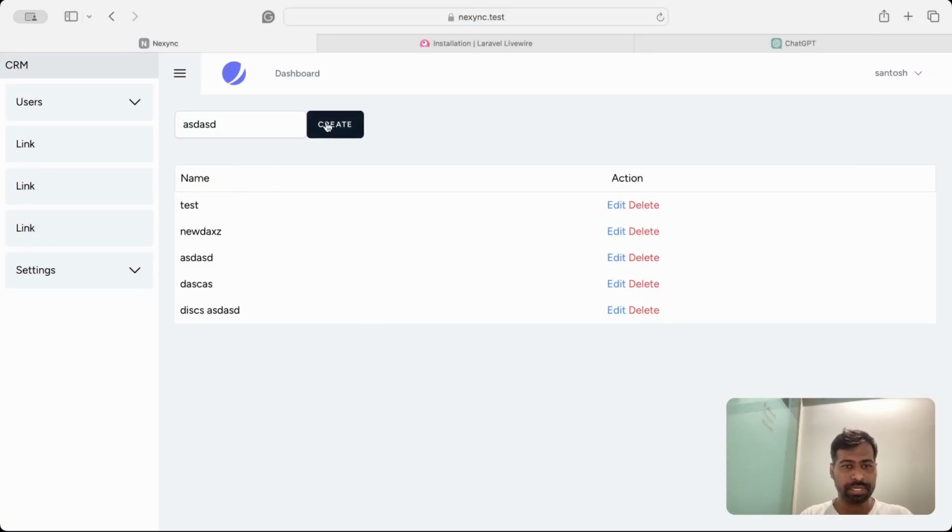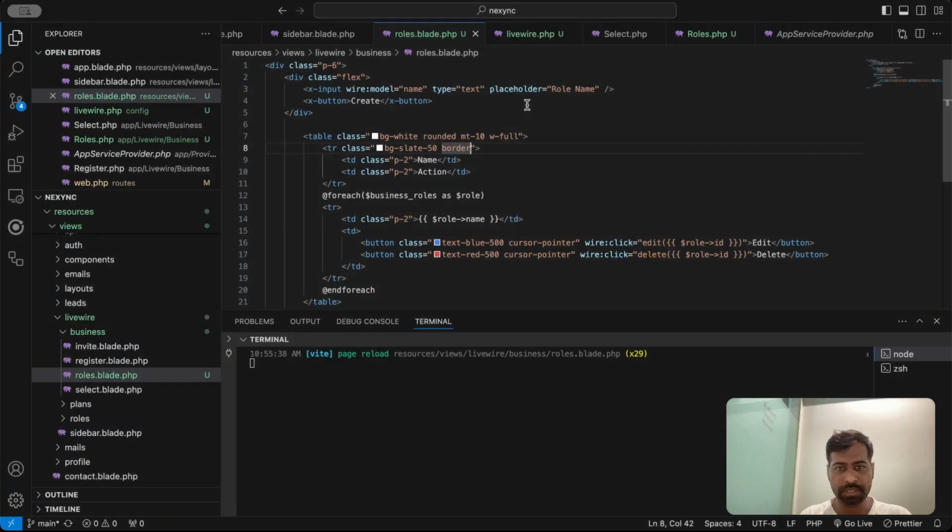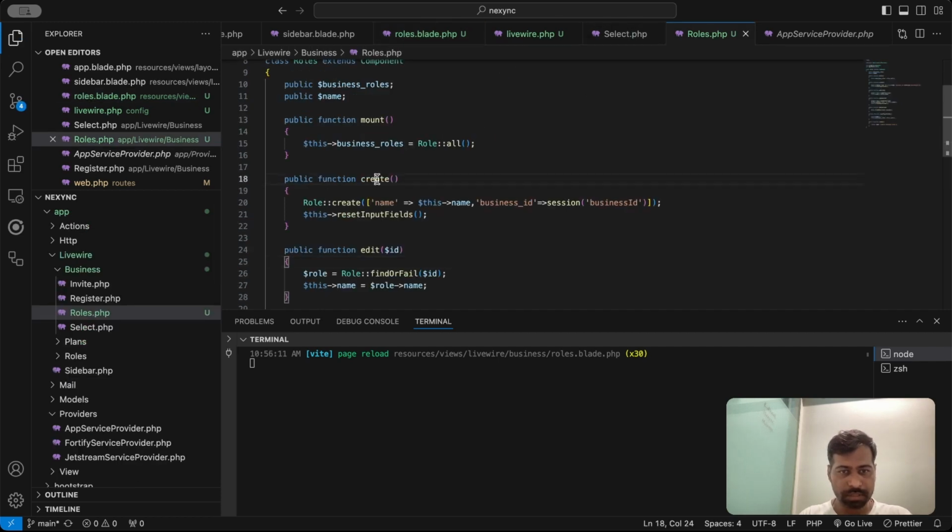Okay, role I can create like this. New, create. Okay, it's not getting created. I have basically removed that particular wire model or click something. So I will click here wire click equal to, it might be create or something. Let me check what is there. Create. Okay,